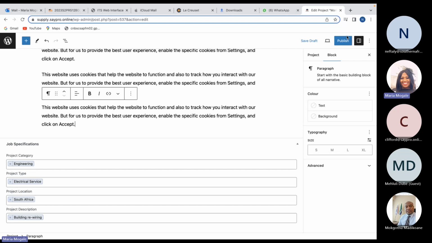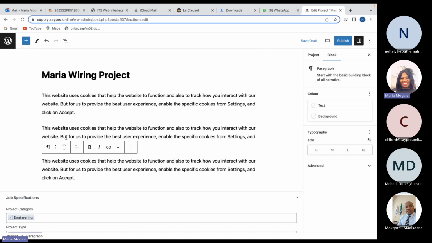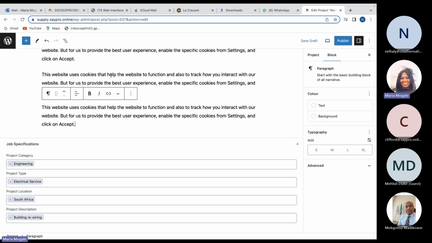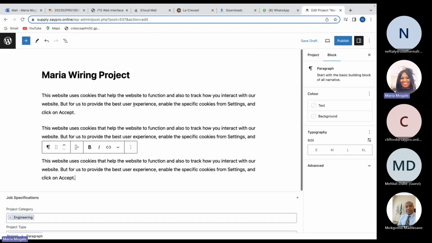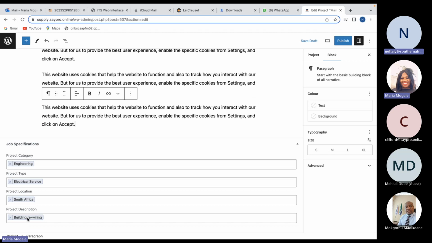All right, just so I understand. This is where we're putting the project description. Yes. Okay, it means this then speaks to that. That means we must remove this field and rename it to project description, because that's what we meant by this. Yes. Okay, so this can go. I agree with you, Maria.